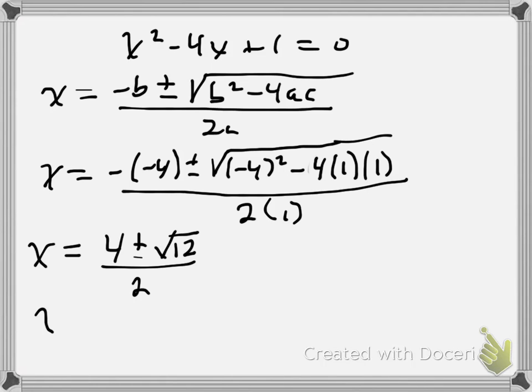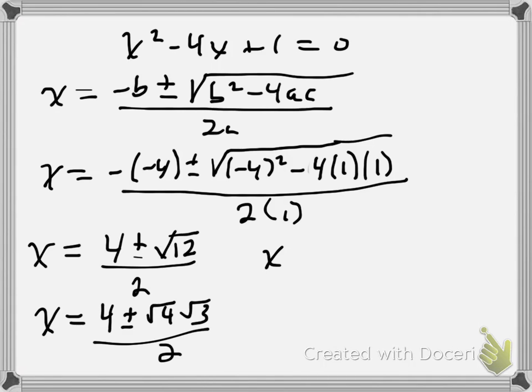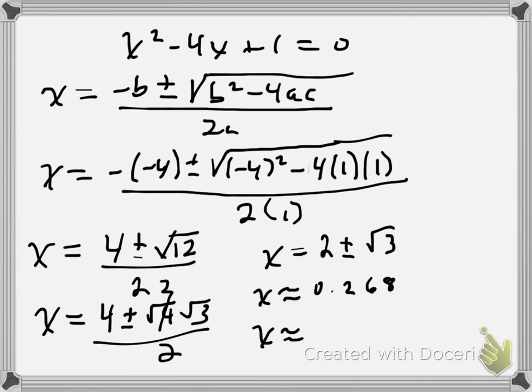The square root of 12 can be broken up and written as the square root of 4 times the square root of 3. And so what I have to do now is just remember to divide both of these terms by 2. So I have x equaling 4 divided by 2, which is 2. And then the square root of 4, that's 2. So 2 divided by 2 is 1. So plus or minus the square root of 3 is what I'm going to be left with. Plug this into your calculator and you get x approximately being 0.268 and x approximately